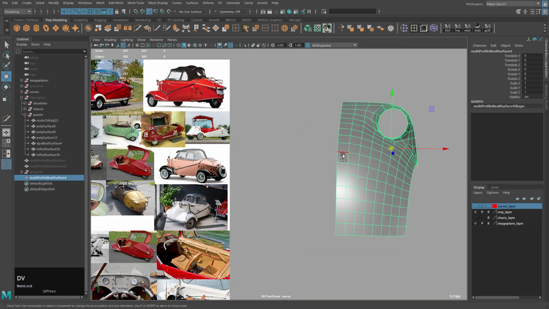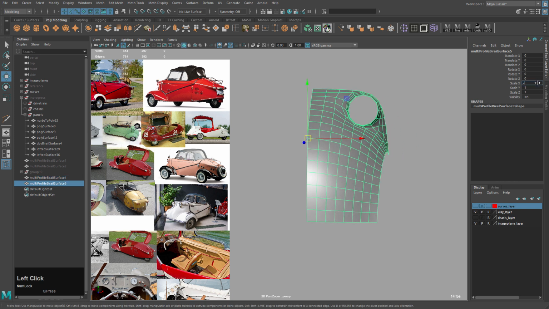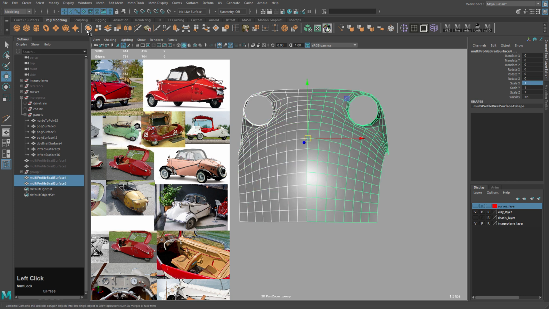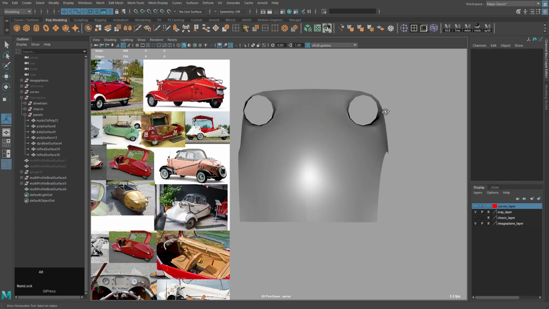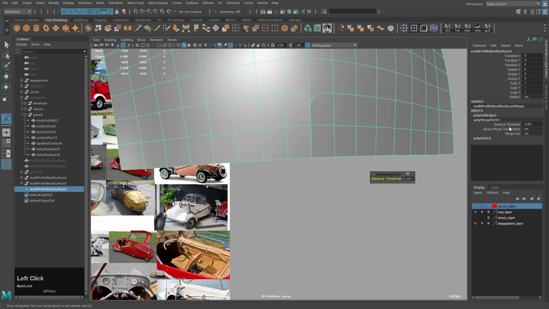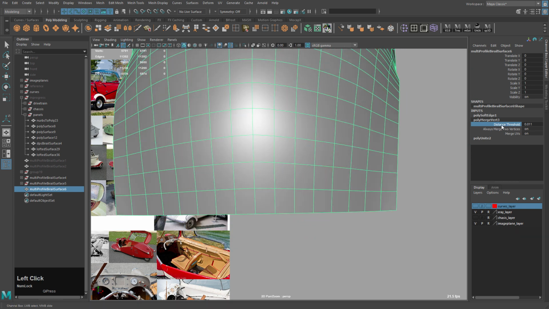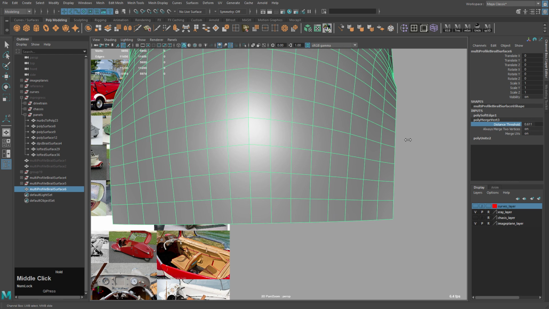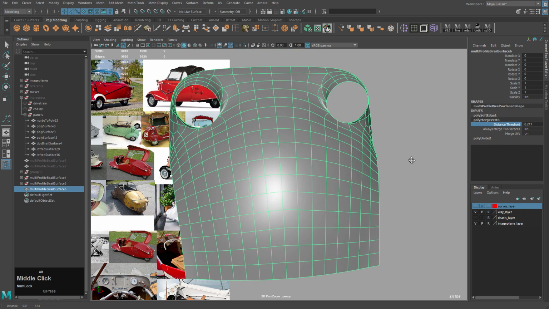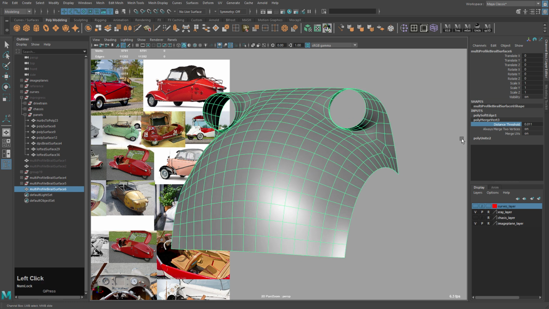The final test is I want to make sure we snap the pivot to the center here. Control D, put -1 in X, select both, combine, merge vertices, soften edges, press 3. This didn't merge, so if we go back to the merge under inputs here, we can just click and drag, holding Control and middle click and drag. If you hold Control, you go by the second decimal point. If you don't, you'll just be going by the first decimal point, and you can see things here start to combine. So that's why I hold Control and do it.